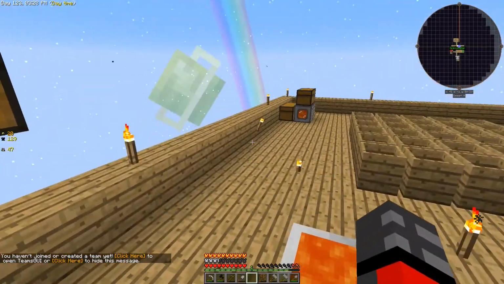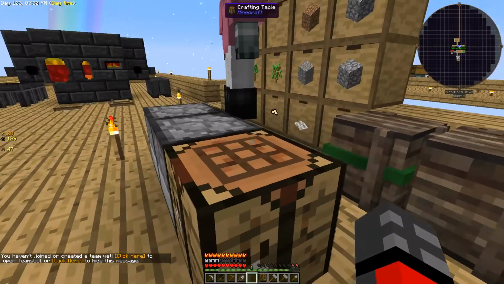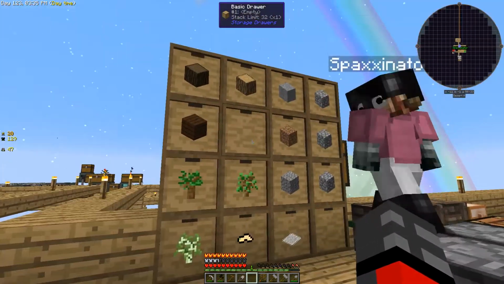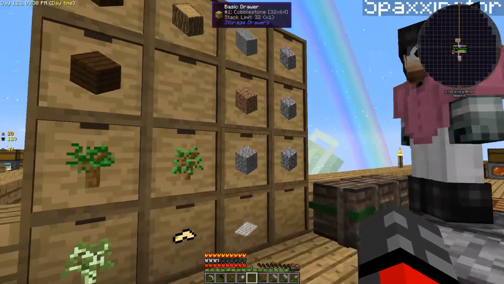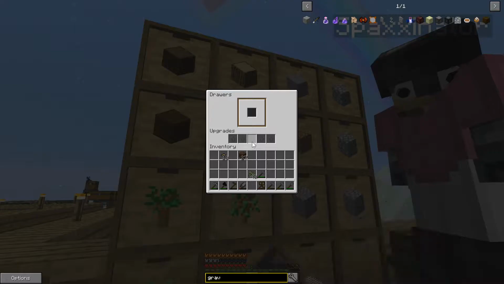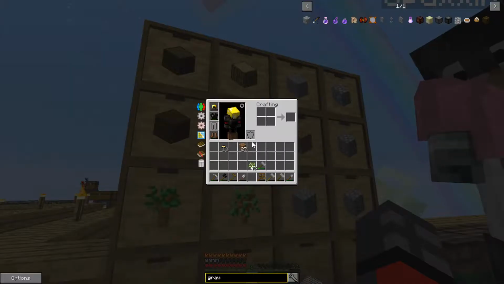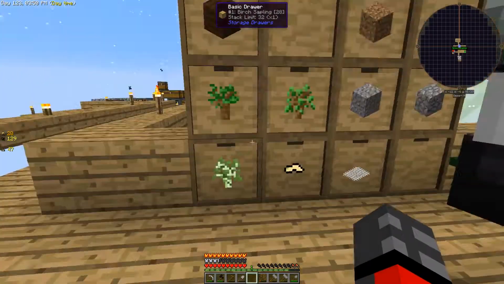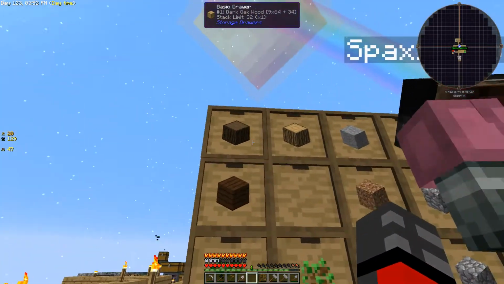I discovered something about these things that make them a lot better. What things? The drawers. Yeah, you take an empty hand and you double right click on a drawer and it'll automatically take everything from the inventory that should go there and put it in. So it's almost like auto sorting. You just double right click every single one of them, and it'll just